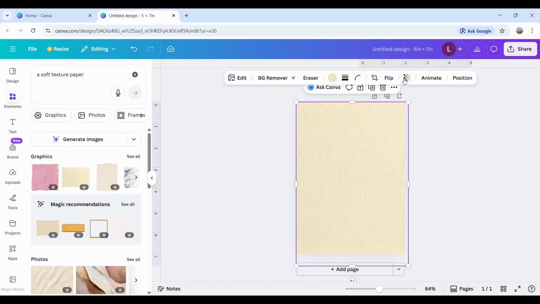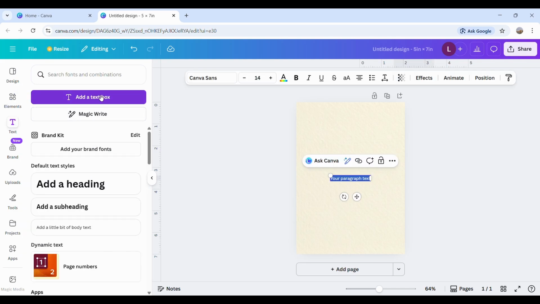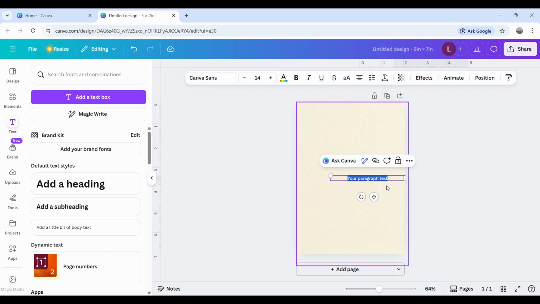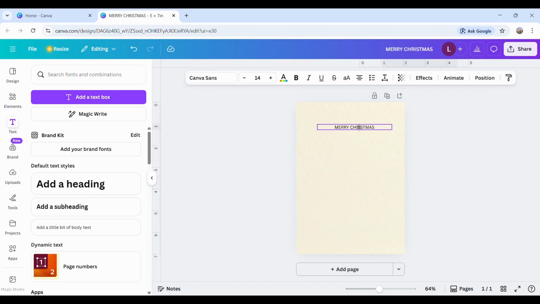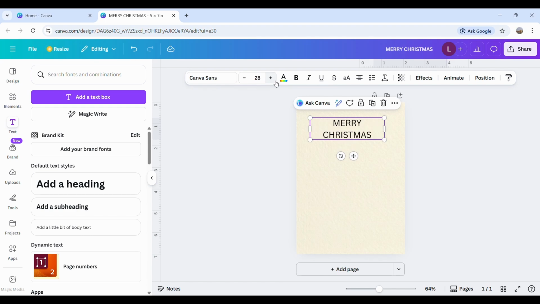So now I'm going to reduce the transparency of the card, which will give the premium look. I have reduced it to 60, and then we will go to text. We will add a text, and then we will make it white and put Merry Christmas here. Then we will take this onto the upper page, and then we will increase the size and give some effects